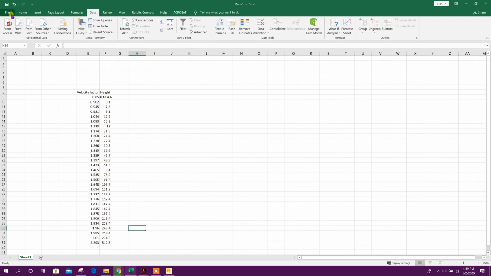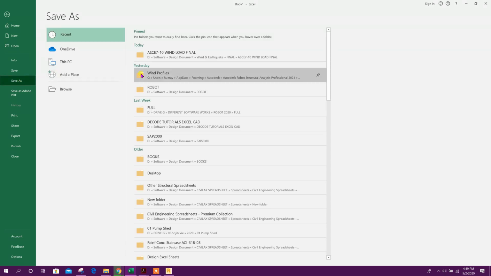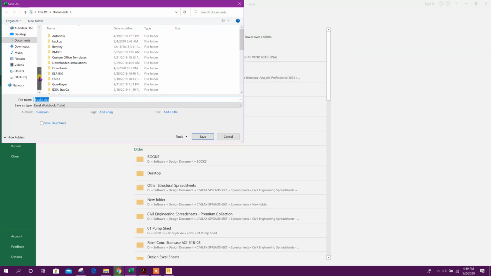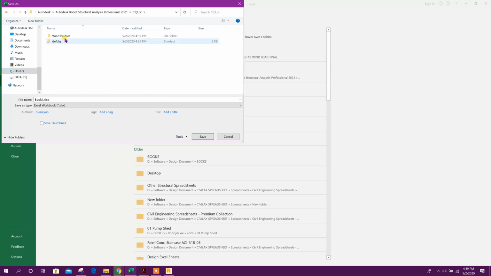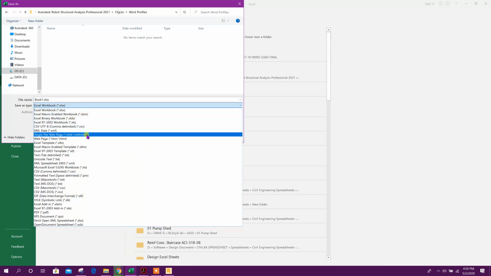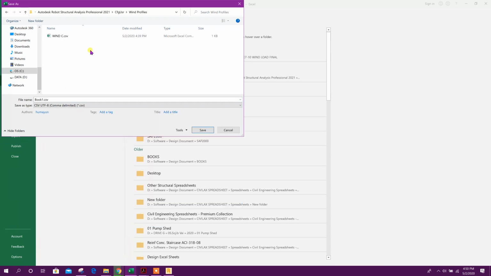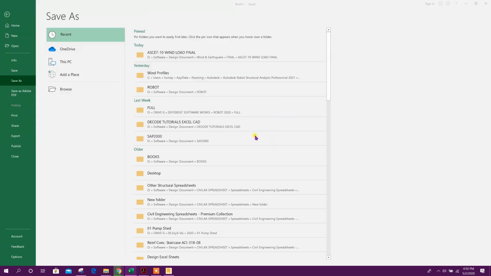Now this one we will save as. Go to that folder, user, profile. Here we will save as a CSV file, this one. Same, select this one, save, yes.